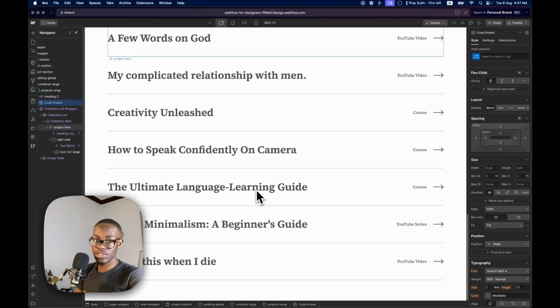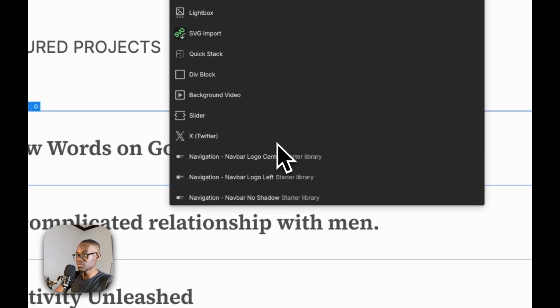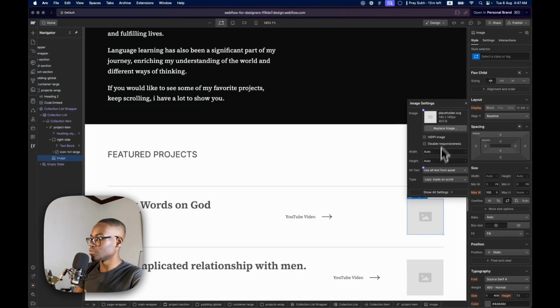Now to animate it, this is where the question comes, right? But now for you to add an image here, control image, and this image has to take